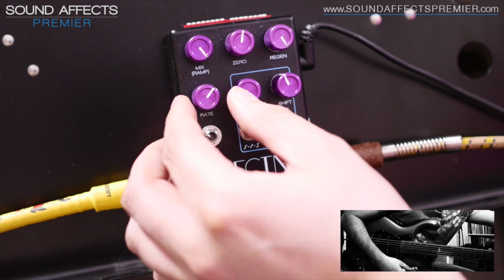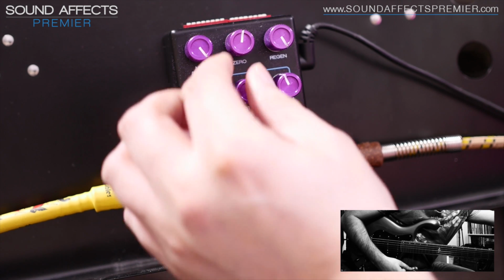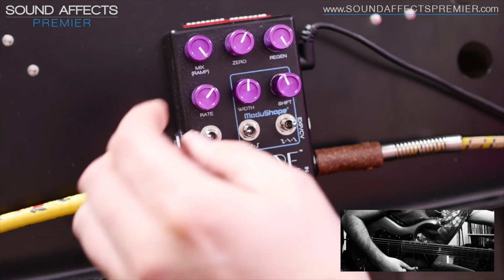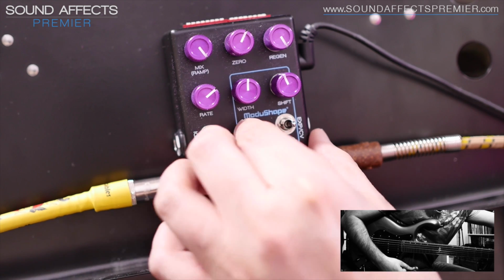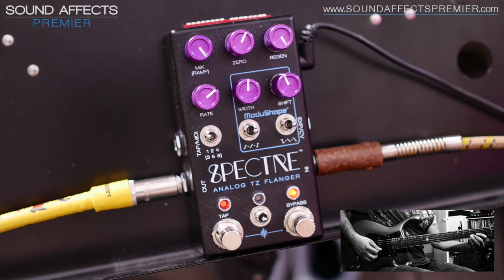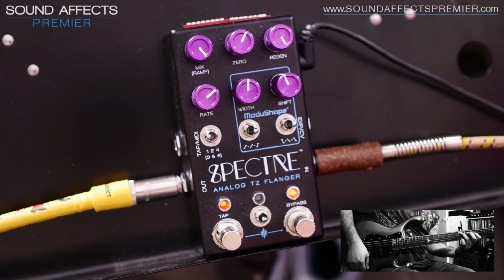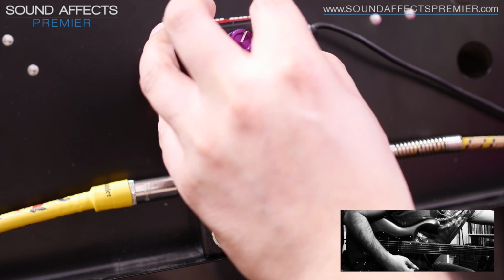And we can get really crazy by adjusting some of the other controls, changing the frequency. Really, really cool. Starts to almost get into sort of ring mod territory. Very, very cool indeed. Now as we back the regen off, we can start to make this slightly more musical,